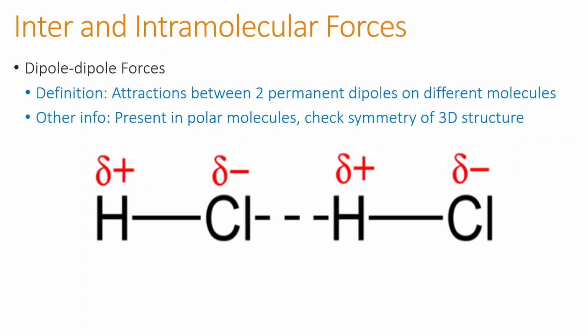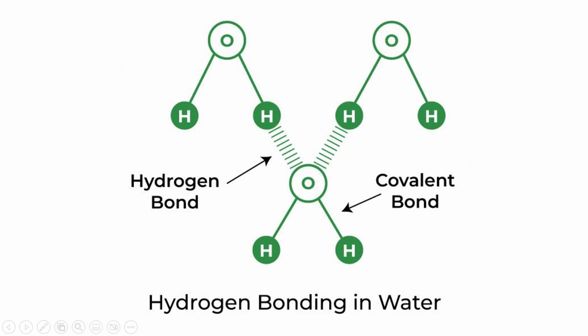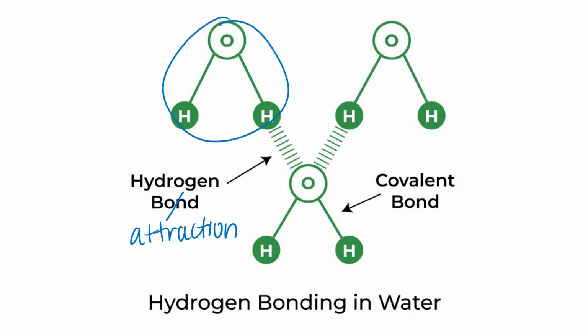The next type of intermolecular force is even stronger, and it still is the same idea. We have these molecules that are partially negative, partially positive, and they attract each other. So hydrogen bond is really a bad name. It would be better to call this a hydrogen attraction, because this water molecule is attracted to a different water